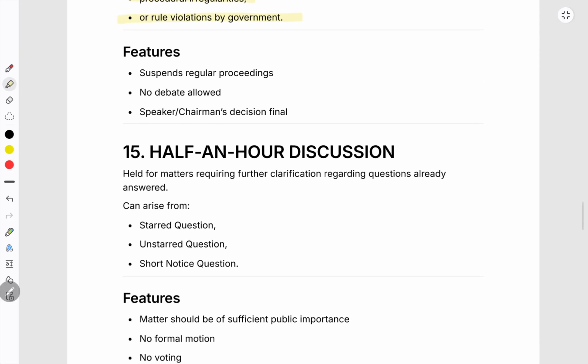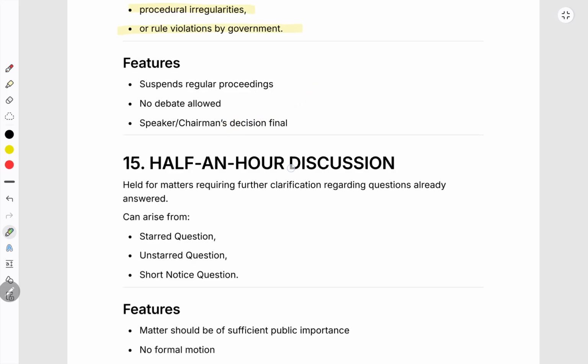Okay, so what is its feature? It suspends regular proceedings of the house. No debate is allowed in this matter. In this regard, the chairman and speaker's decision is final. Okay,